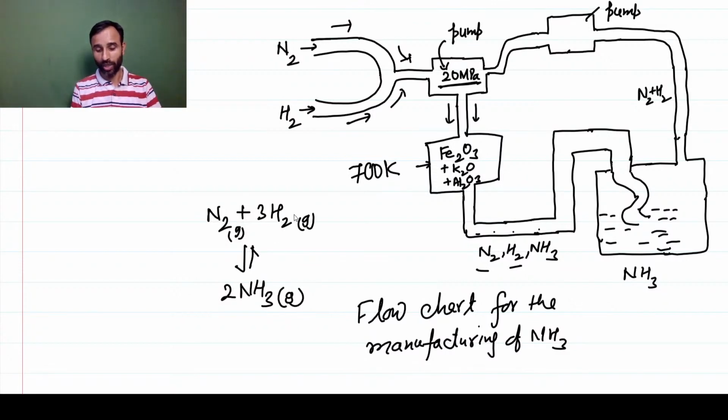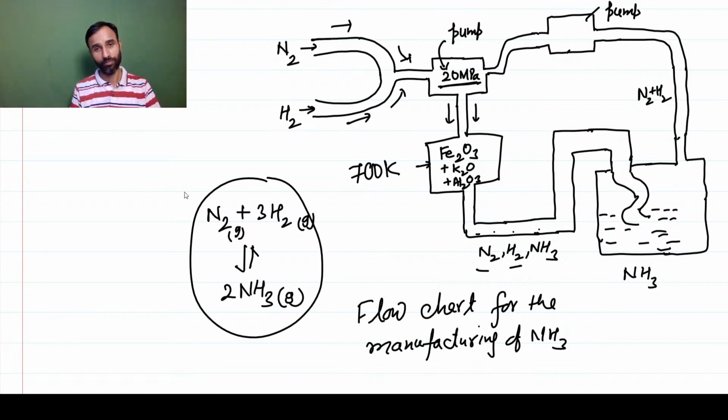So we get ammonia along with N2 and H2. If we compare N2, H2 and ammonia, ammonia is associated through hydrogen bonding. N2 and H2 are non-polar. So there is strong hydrogen bonding between ammonia molecules. Therefore, it is liquefied when it is released from high pressure to low pressure. And therefore ammonia is liquefied, but N2 and H2 gas